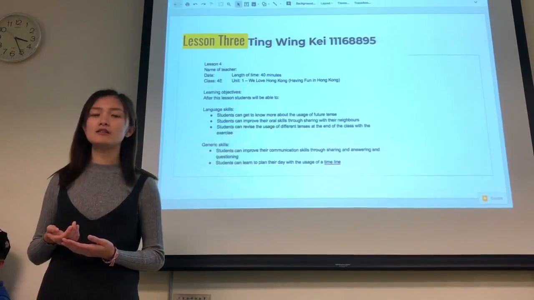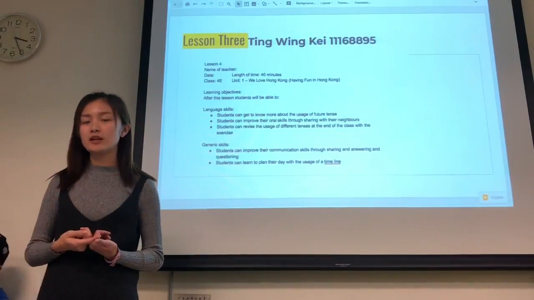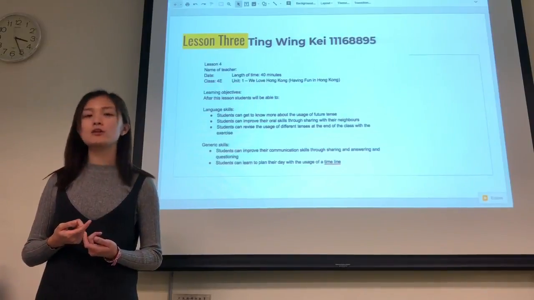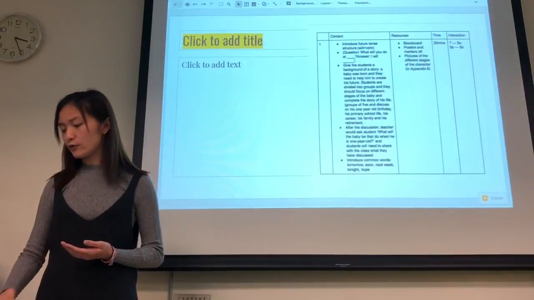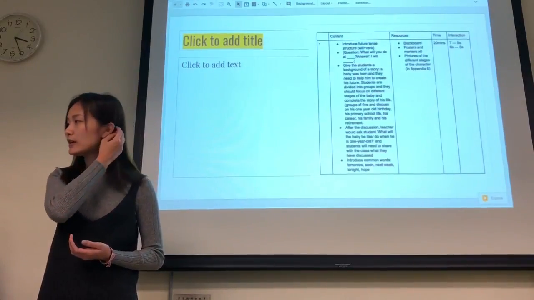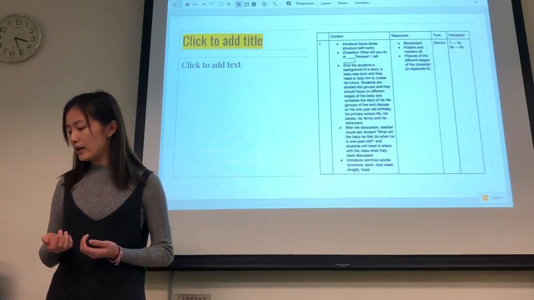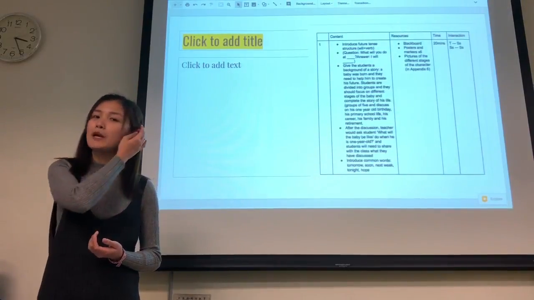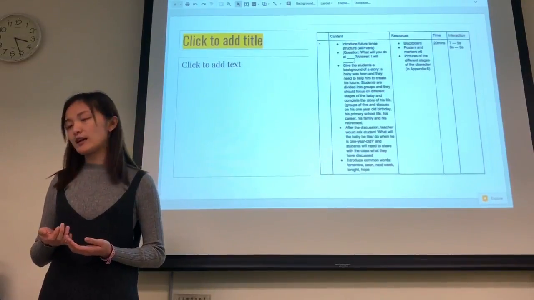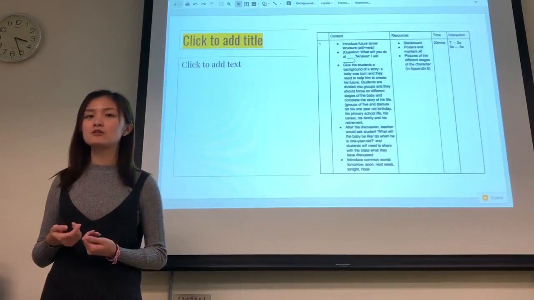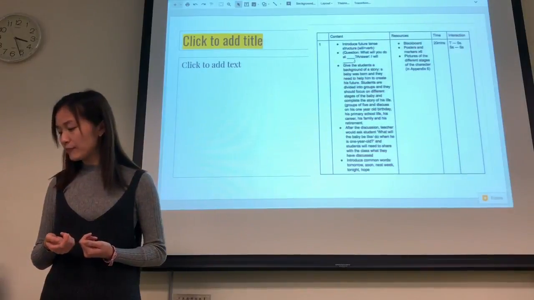And then other than these language skills, they will also learn how to communicate with their group mates. And also they can learn how to plan their day with the timeline. So for the first part of the lesson, it is the lead-in part that teaches students what the future tense is. In this task, a baby would be given to the students for the group discussion, and in this task the collaboration skills of students can be trained,